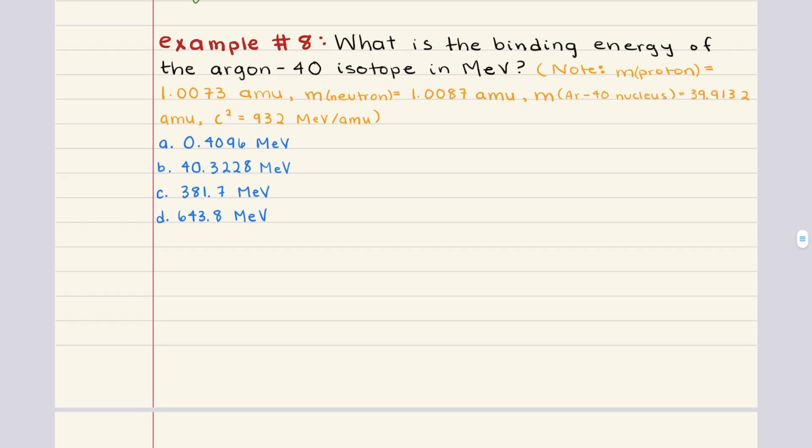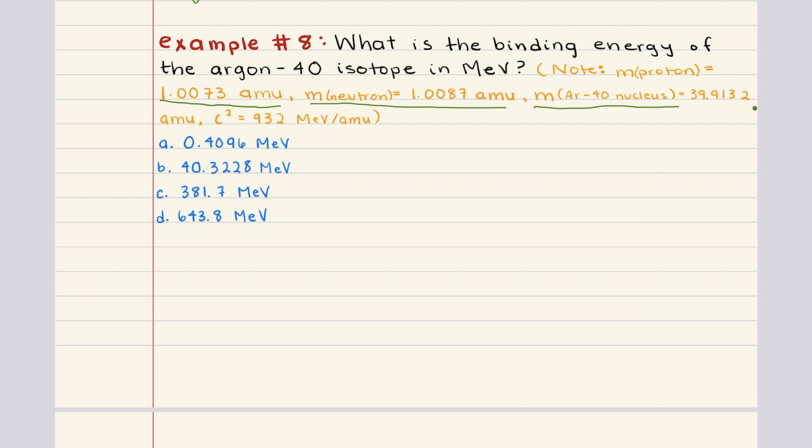Let's do problem 8 next. Problem 8 says, what is the binding energy of the argon-40 isotope in mega-electron volts? Note that the mass of a proton is 1.0073 atomic mass units. The mass of a neutron is 1.0087 atomic mass units. And the mass of the argon-40 nucleus is equal to